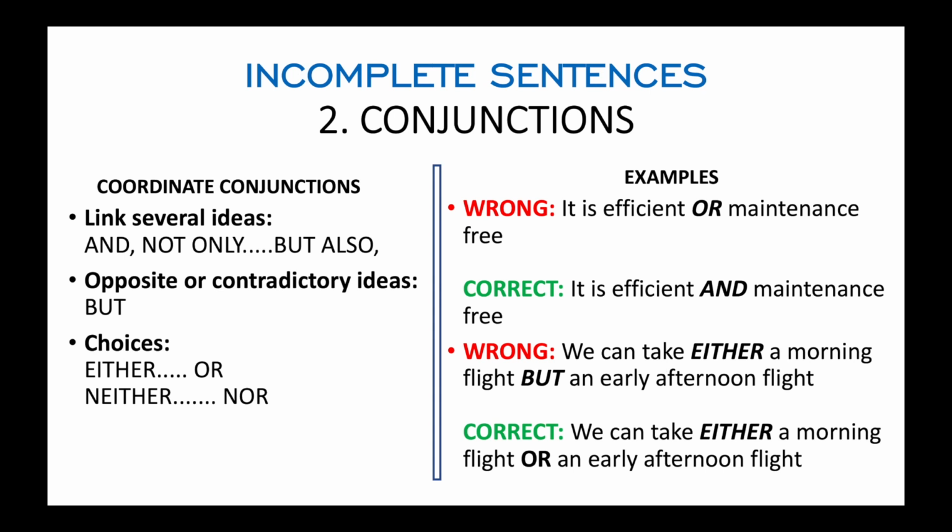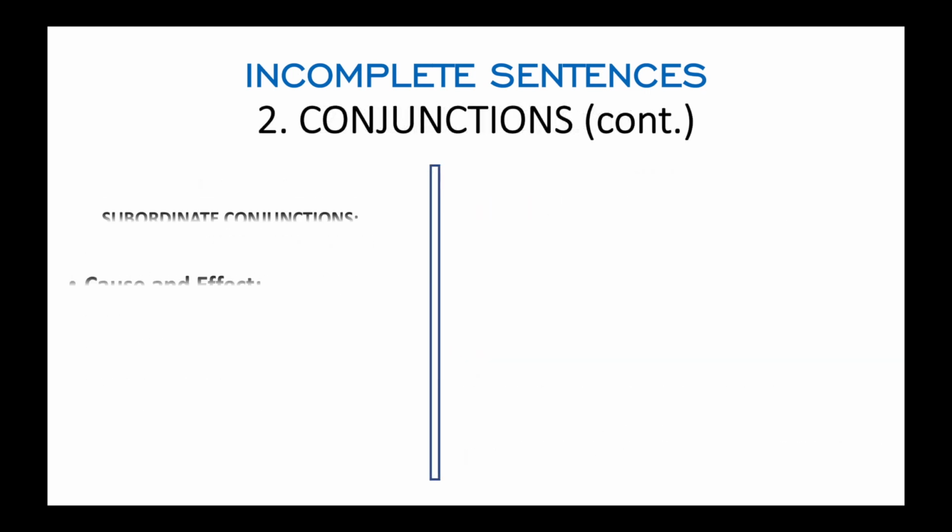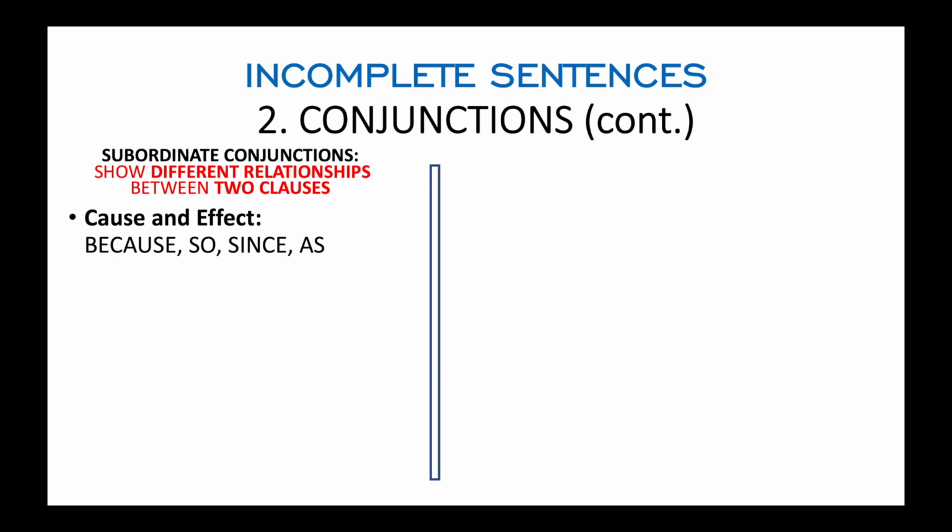That is for the coordinate conjunctions. The second one would be the subordinate conjunction. So it shows the different relationship between two clauses. So if it deals with the cause and effect, you should use because, karena, so, jadi, since, mengingat, as, and